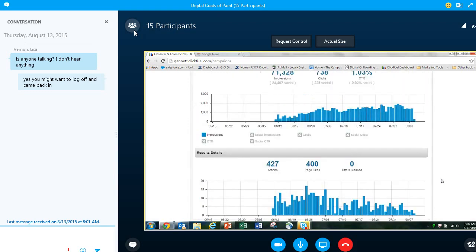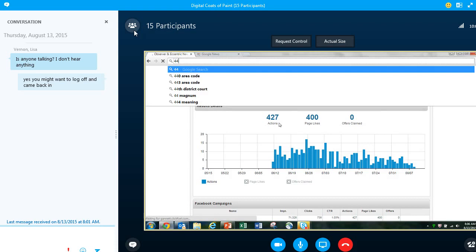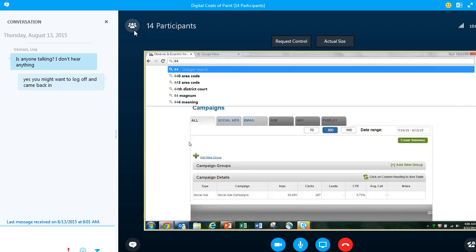Down below that, there's also some results details here. And this is where it gets a little bit interesting. Here you can see the number of page likes that they've received since the campaign started. And then under actions, I can send out later a JPEG of a breakdown of what these terms mean. But actions can be anything from liking a post to